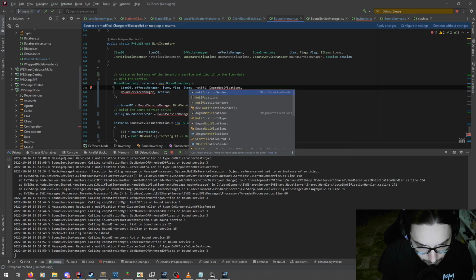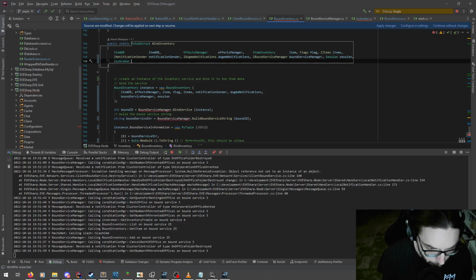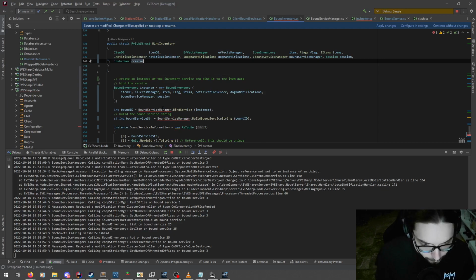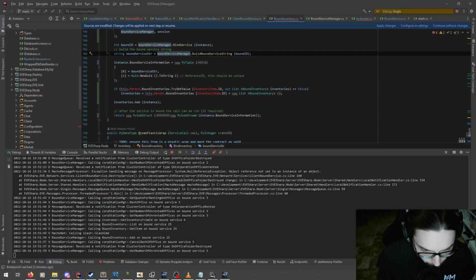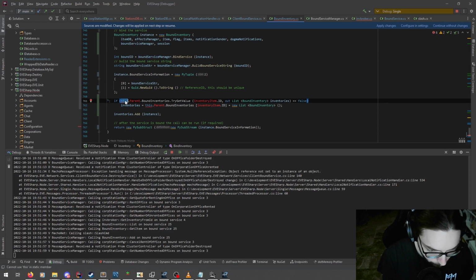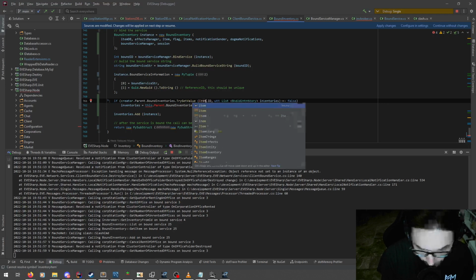Items, notification sender, dogma notifications, bound service manager. I also have to include the inventory broker creator. Let's just call it creator. Bound service manager, that will be bound service manager. This one will be this. Now creator dot public instead of private. That will solve it. Then this will be item